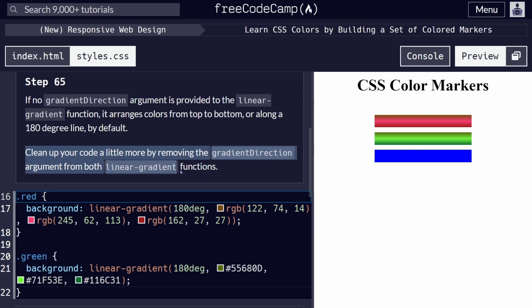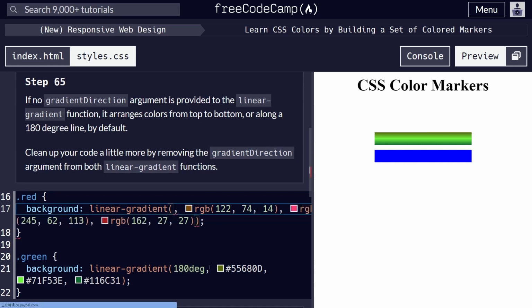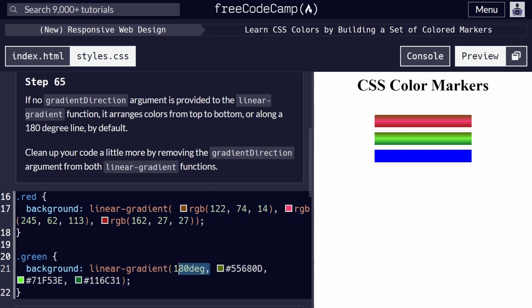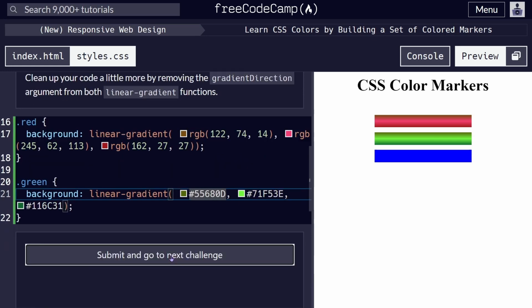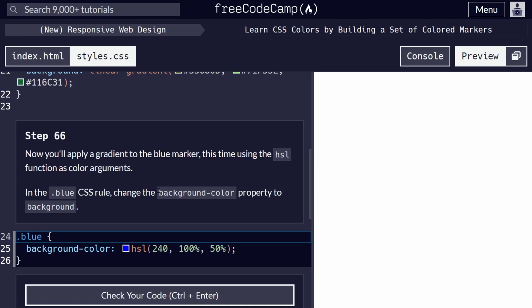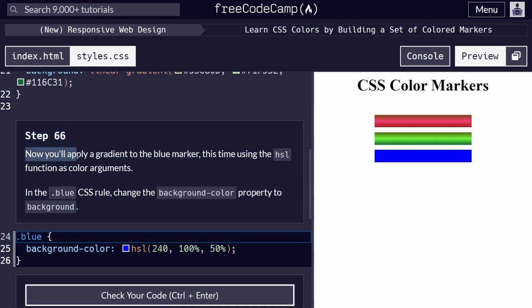argument from both linear gradient functions. 为什么又要我移掉 gradient direction argument？而且2个都要移掉，是不是？为什么呢？因为它的预设就是180，所以就可以把它移掉啊。了解。Step 66. Now you apply a gradient to the blue marker, this time using the HSL function as a color